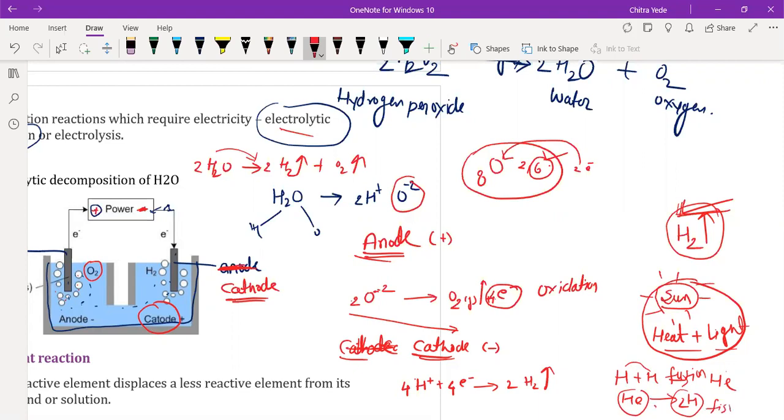So at the surface of the sun, nuclear fission and fusion reactions take place continuously, and during the process a tremendously large amount of heat and light energy is produced. That's why it provides us continuous heat and light. Sir, can you tell the definitions of fission and fusion? Okay.